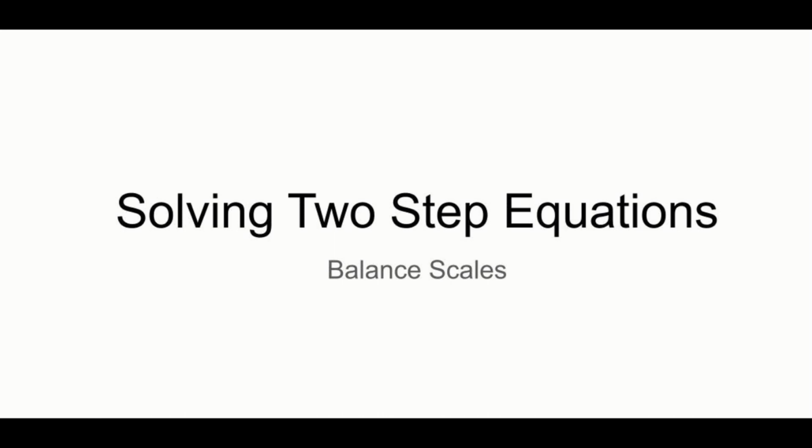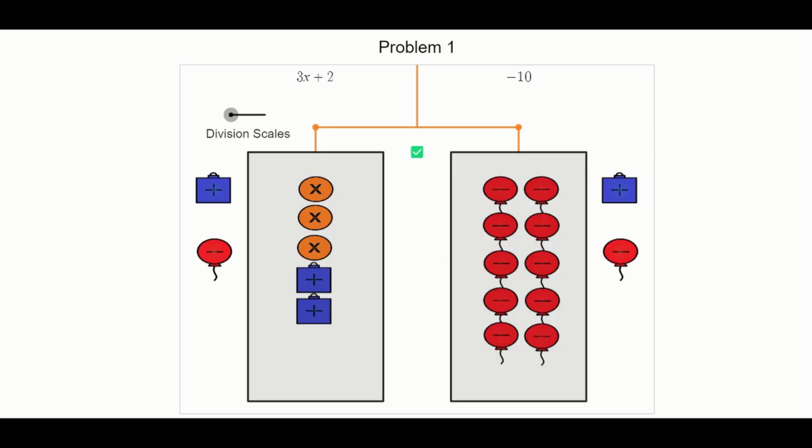Solving two-step equations. When solving, we want to isolate x while keeping the equation balanced. Problem 1. On the left we have 3 x's and 2 positives, and on the right side we have 10 negatives. In order to solve for x, we want to get x by itself, so we want to get rid